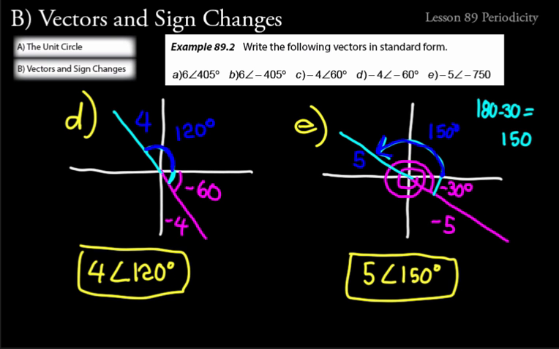So be careful on these. Get your bearings. Go with those 2 steps every single time. Step 1, we locate the angle. Step 2, we locate that magnitude and we flip it if we need to and adjust the angle accordingly. On D, step 1, we located that angle at minus 60. Step 2, we flipped the magnitude and located that, adjusted the angle. Okay, well that's all for lesson 89.